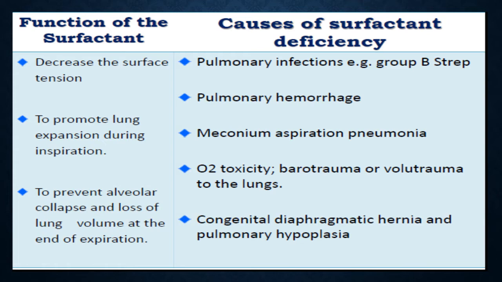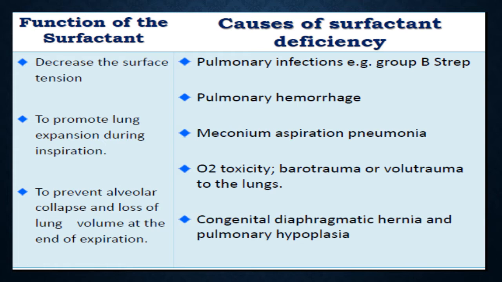What about the causes that lead to surfactant deficiency? First of all, we have to talk about prematurity. Prematurity is the main cause of surfactant deficiency. After that, infections, hemorrhages, meconium aspiration, hypoxia, and some causes of congenital diaphragmatic hernia and pulmonary hypoplasia, of course, are